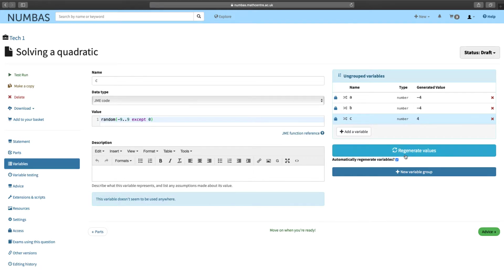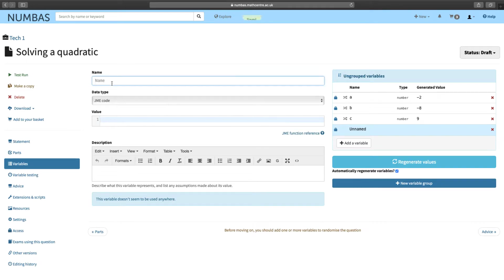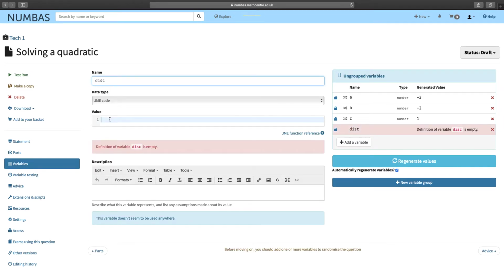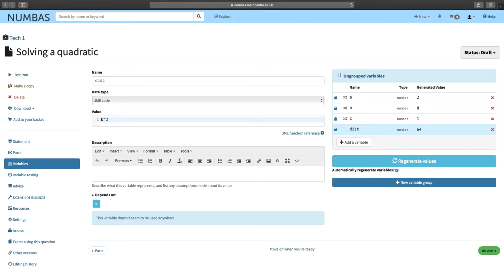And so if we hit regenerate values, you can see that they're just bouncing about between the max and the min values that we set for them. Okay. Another thing that's going to be useful in our variables for this question is a discriminant. So let's just say disc, and that's just going to be b squared minus 4ac. So to put that in, it's just going to be b to the power of 2 take away 4 times